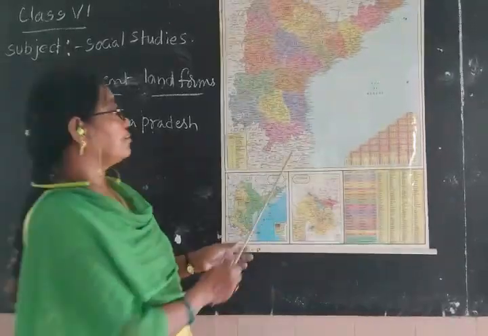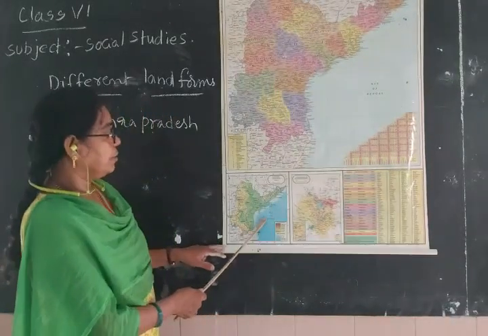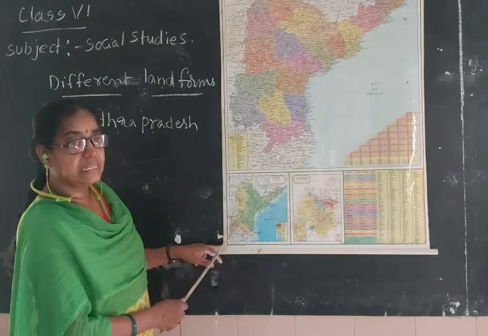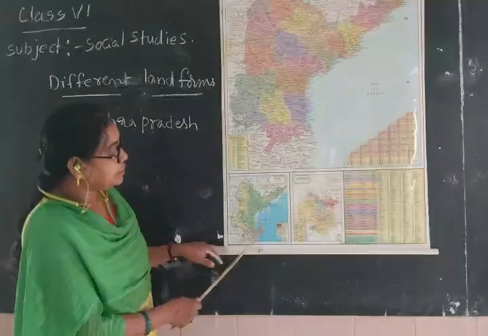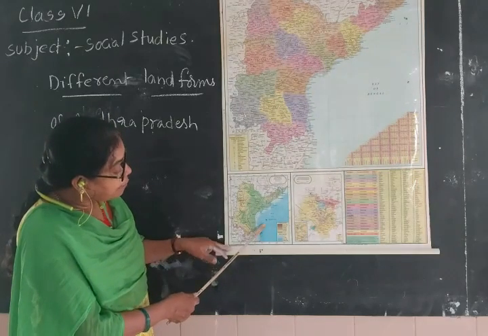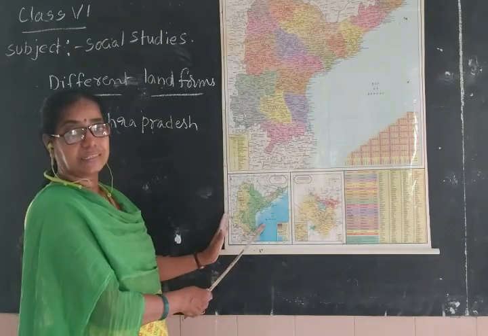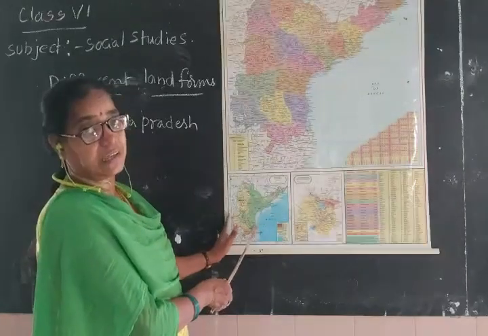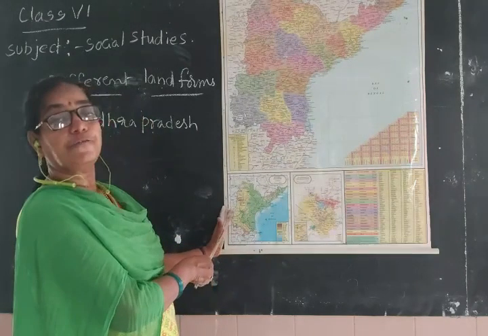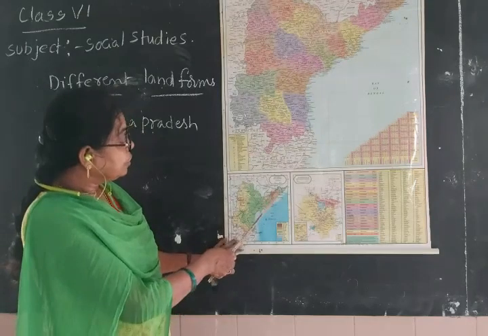If you observe here, the Bay of Bengal is there, east of Andhra Pradesh. East of Andhra Pradesh, what is there? The Bay of Bengal is there. After this Bay of Bengal, if you come to the left direction, that is called west direction, you can observe